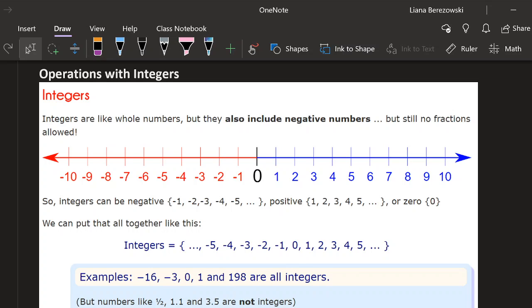So I know you guys have seen number lines before. We have positive and negative sides of the number line being divided by that 0 marker there. 0 being sort of not really a positive or a negative number, just kind of a barrier between the two sides. And we also know how we can use number lines to do addition or subtraction problems. So in the types of problems that we're doing with algebra, not always the most practical method to use a number line because sometimes those numbers can be really big and it would take you more time to draw the number line than to really do it any other way. But just to have that knowledge and know that that is an option for you.